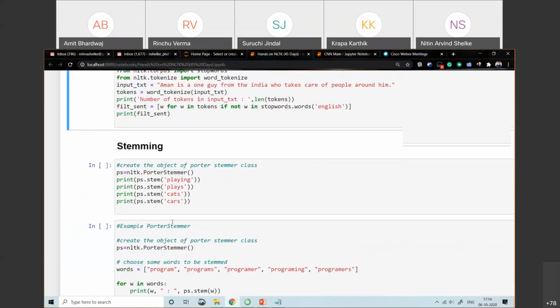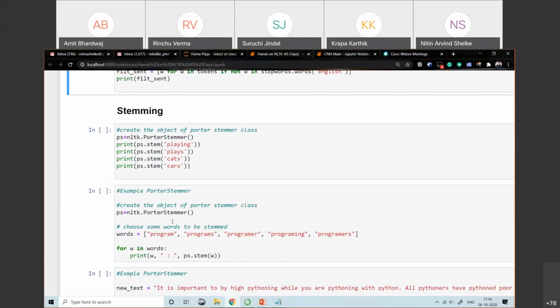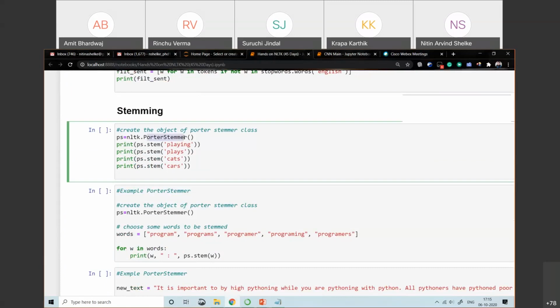Then we discussed stemming. Stemming means getting the root word. Many times we only want the root word when we do projects like sentiment analysis and opinion mining, projects in which we need the actual root word. For that we discussed the Porter stemmer and the Lancaster stemmer.